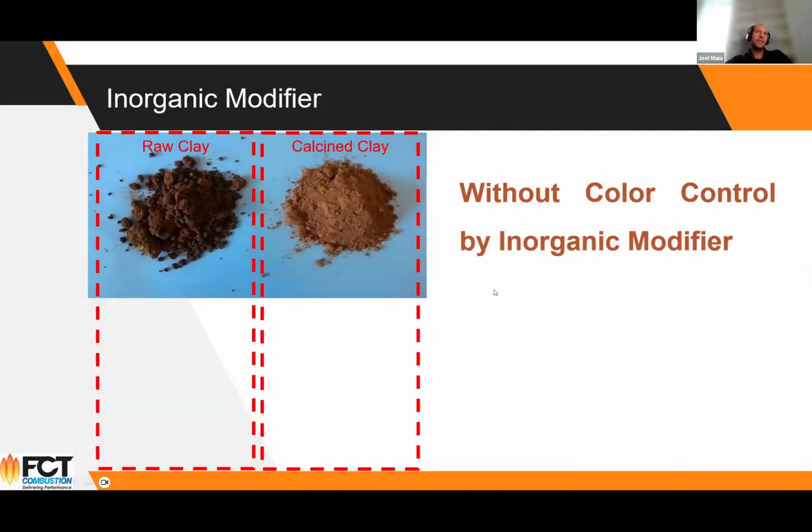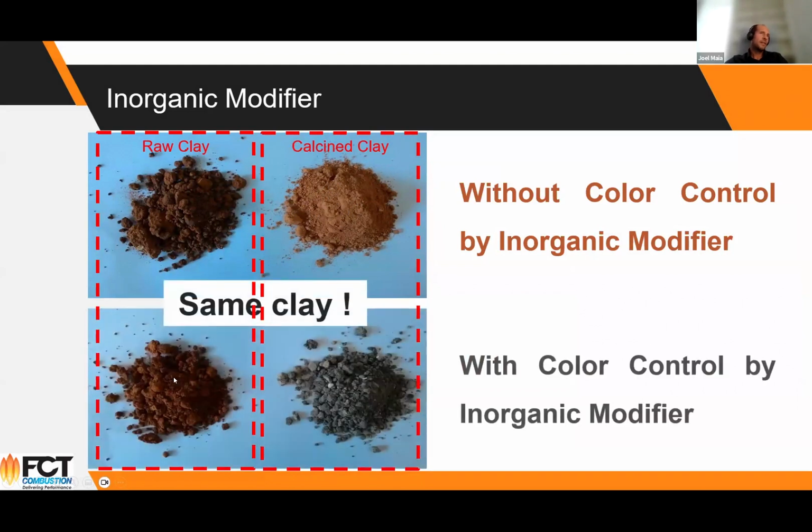So just to illustrate here, we can see a raw clay on the left, calcined clay on the right. In this case, without the inorganic modifier, it would become brown. And the same clay, using the inorganic modifier, you can see that this becomes much more gray in color. And an additional advantage is that you start forming these small granules. And this is good later on for the operation of the cooler, for recovering heat from this clay and so